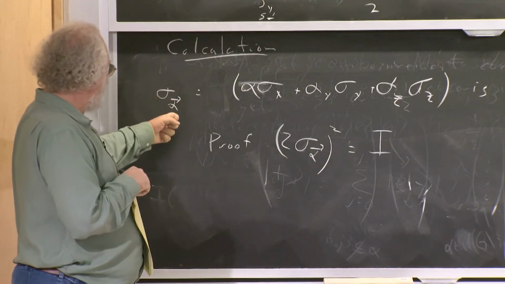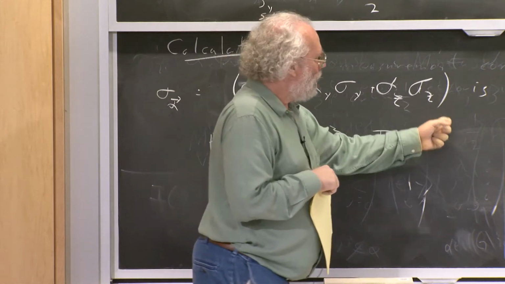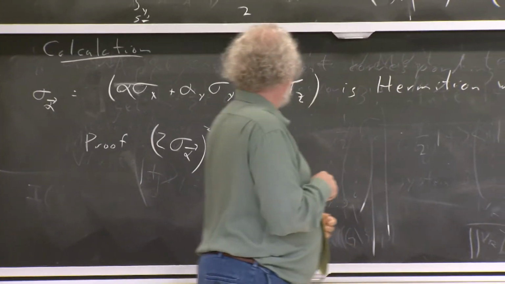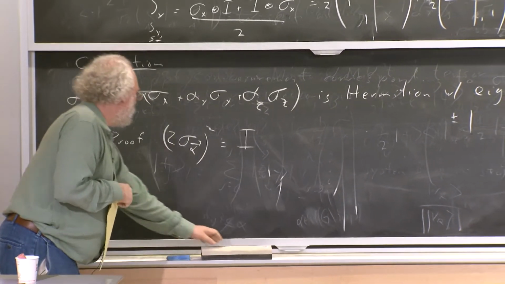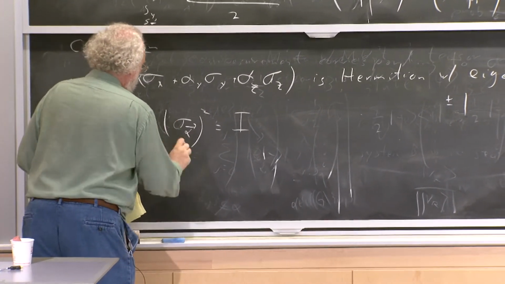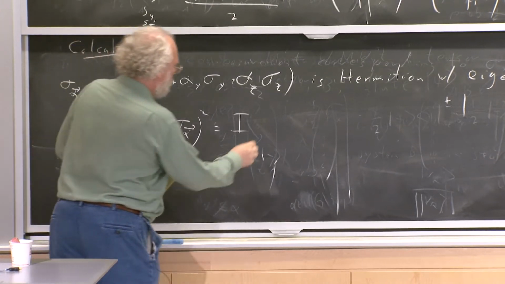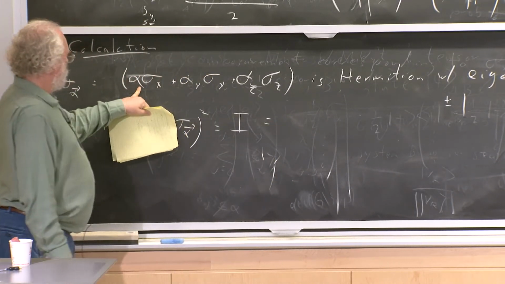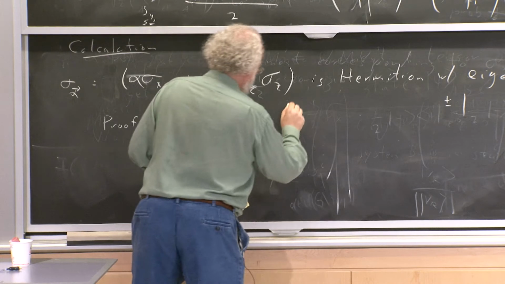But let's call sigma alpha just this, and it has eigenvalues plus or minus 1. So the proof is that sigma alpha squared is equal to the identity because, well, we have